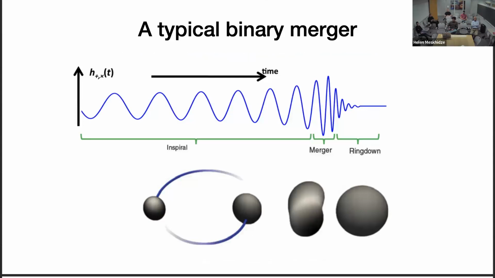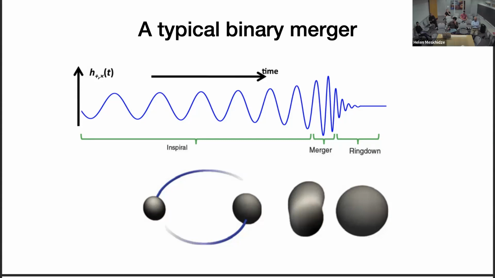So we've all seen this picture thousands of times, but let me just review it for the sake of clarity. We break this problem down into different regions of the process: the inspiral, the merger, and the ringdown. And we can use different approximations in each one of these regions. I will focus on the ringdown region, in which the two bodies already essentially merged, but they still settle. And in this region, the process is controlled by the quasi-normal modes of the black hole.